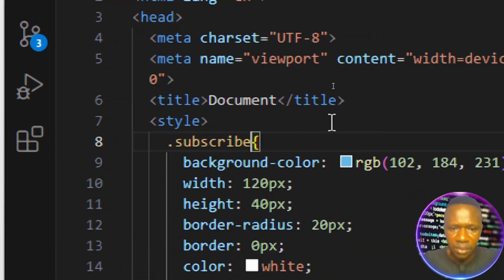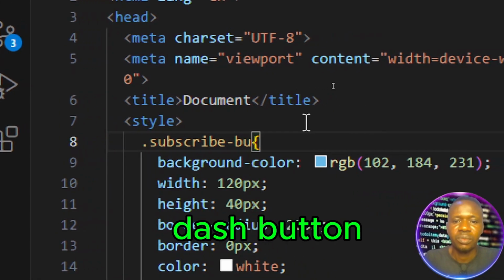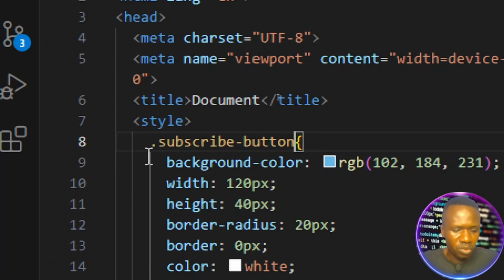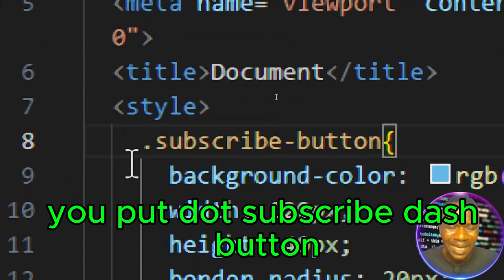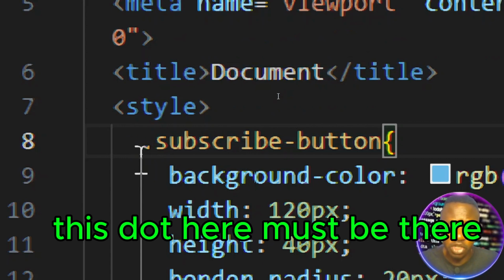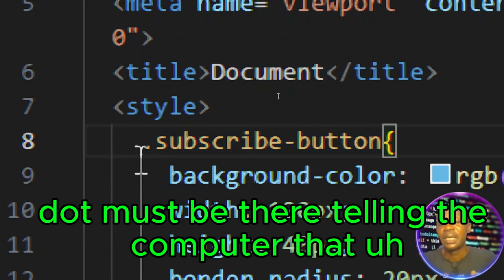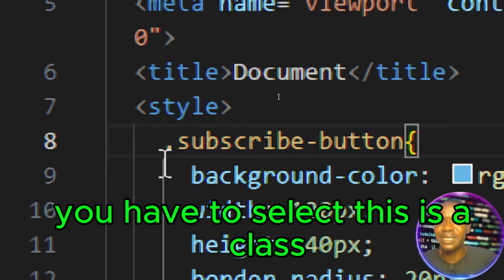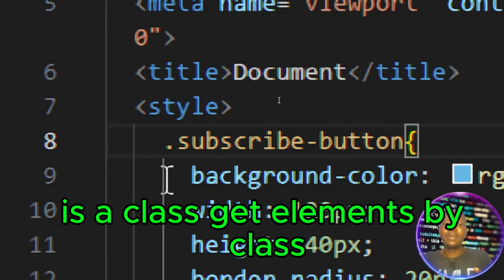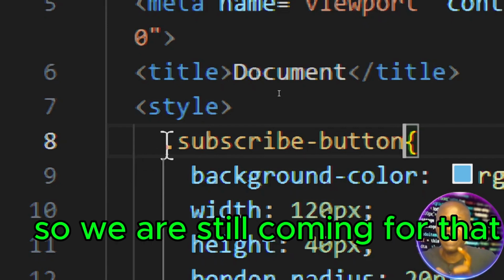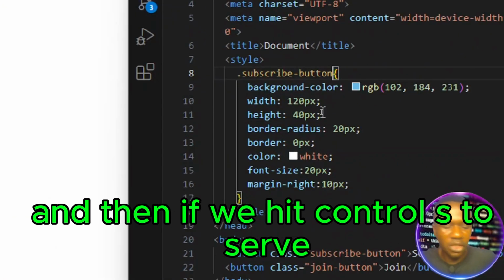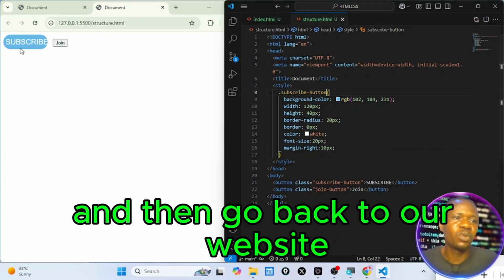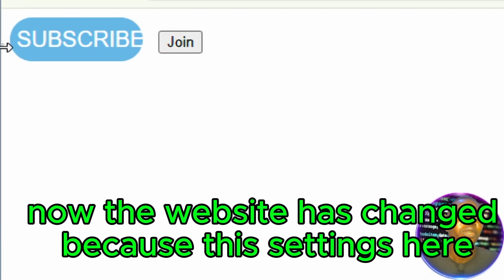subscribe-button. We put .subscribe-button. This dot here must be there, telling the computer that you have to select this. It's a class. Get element by class. We are still coming for that, but this dot must be there. Subscribe-button. And then if we hit Control S to save, and then go back to our website,